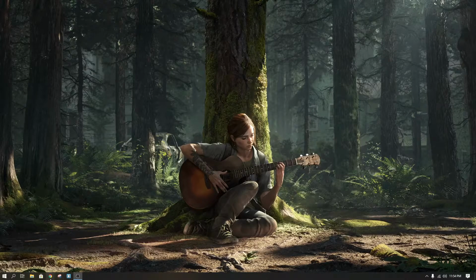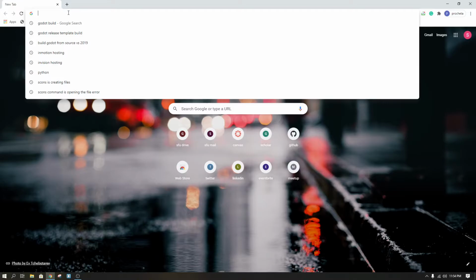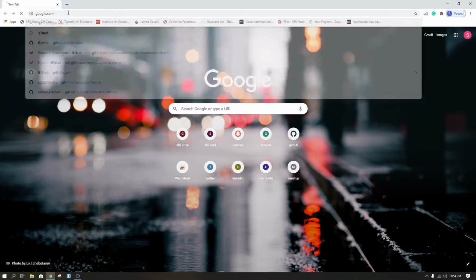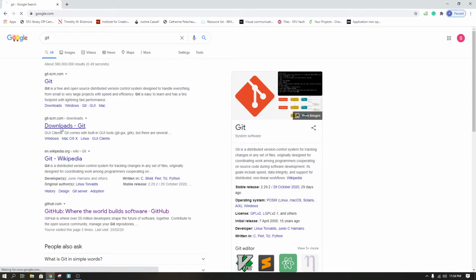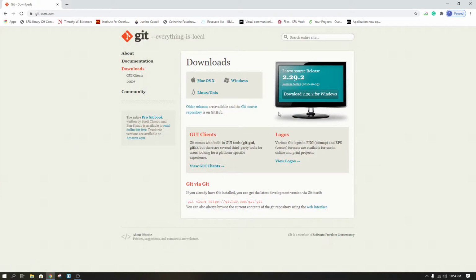To do that, we are going to need some software. So let's go back to Google and search for Git, and we need to download Git first. Now there are a few things that I need to clarify before I move on from this point. There is a difference between Git and GitHub, right? We're going to go there eventually, but for now, let's just talk about Git for a while. Forget about GitHub just for now. We're going to go there eventually, right? So let's download Git, and I'm going to download it for Windows,